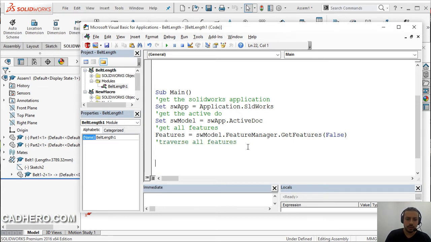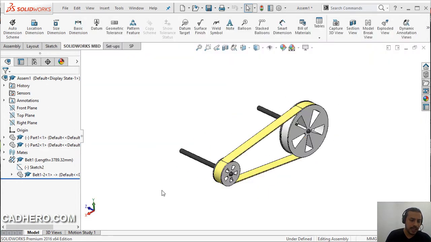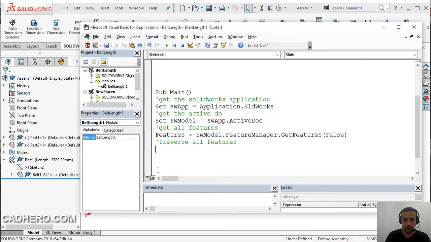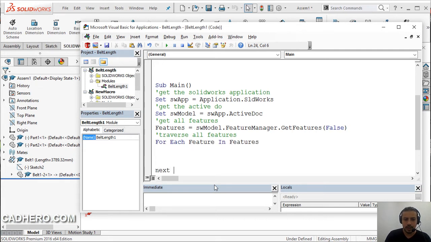What we are going to do here is traverse all the features in this assembly and find those that are sketches, and then check the parent of the feature, and check if the type of that parent is belt and the name is belt1. So let's do that. For each feature in features, next feature,